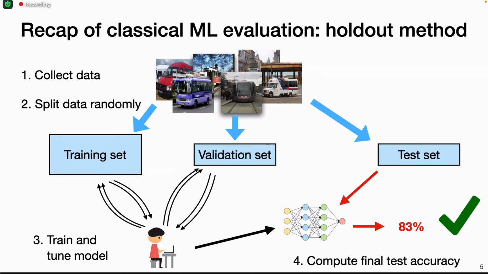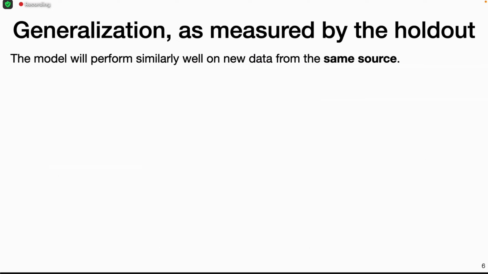Okay, and this is great. Like if we follow this process, we have really rigorous guarantees of what this accuracy number actually means. Let's be a little bit more precise about this. What does it actually mean if we say we have 83% on a certain test set? And one nice way to illustrate this is with sort of a thought experiment.